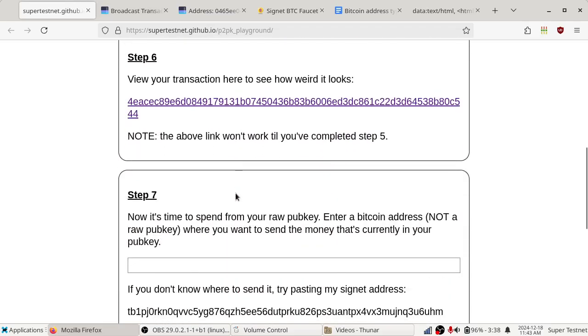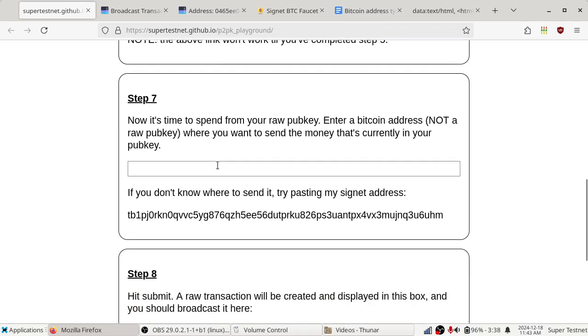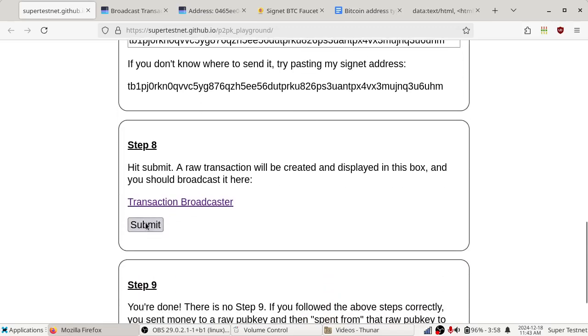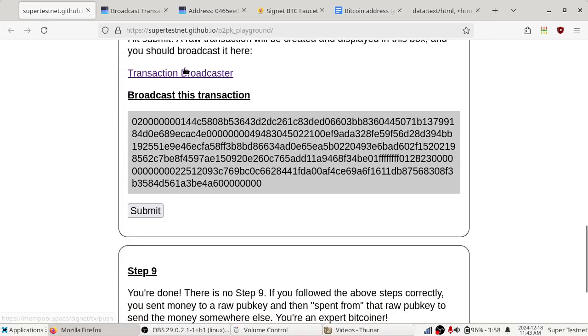So it's not enough just to put money in there. I also want to take the money out of there. So now I'm going to do that. I'm going to send the money away from the public key and into another address. And to do that, we just need to sign with our private key. So I'm going to send it to myself, send it to my own Signet address, and then I'm going to hit submit. And if I go back to that transaction broadcaster and broadcast this transaction,